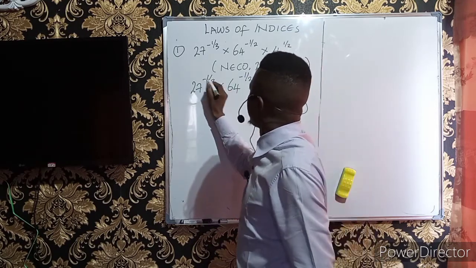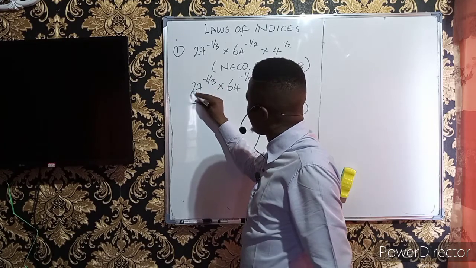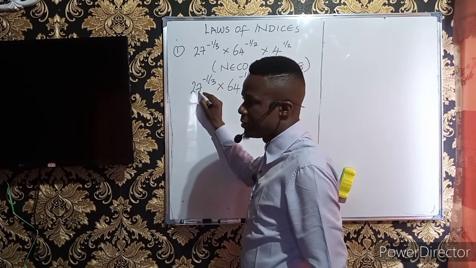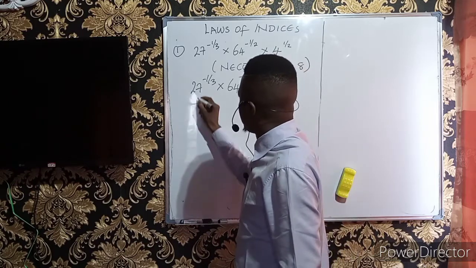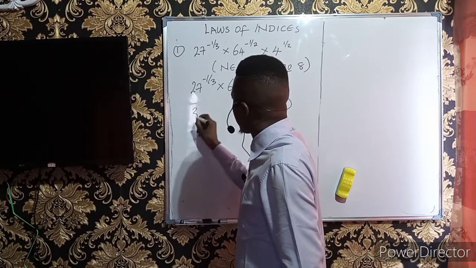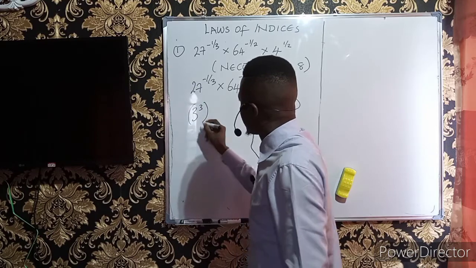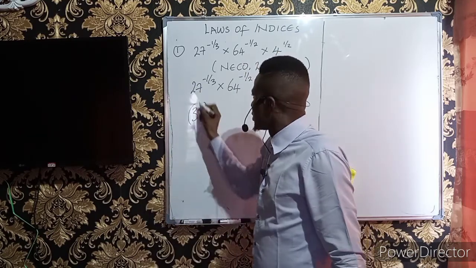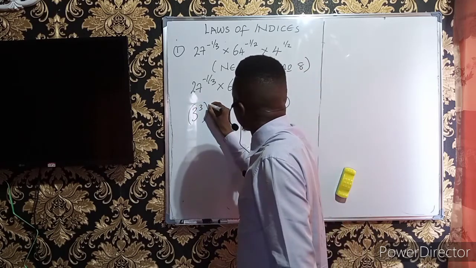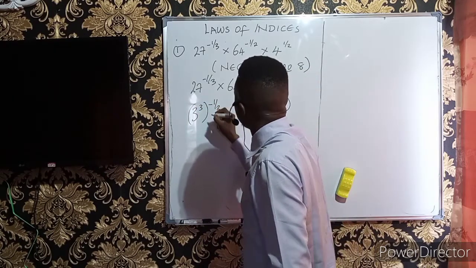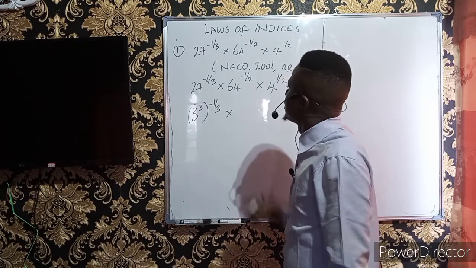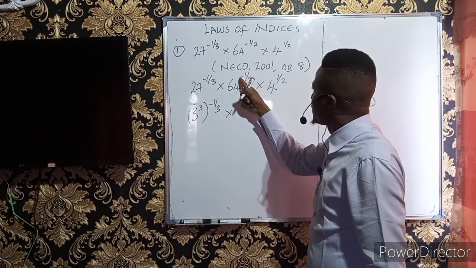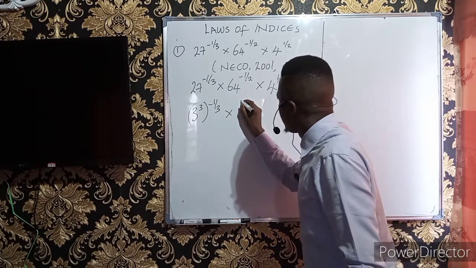Seeing these 3 here, I should know that I'm going to look for a number I'll raise to the power of 3 to give me 27. And this number is 3. The 27 here can be replaced with 3 power of 3, because 3 times 3 times 3 will give me 27. So I'm replacing 27 with 3 power of 3. Then I have my negative 1 over 3 times, according to the laws of indices, there is a negative law that tells you that when you see a negative power here, you are free to still call it